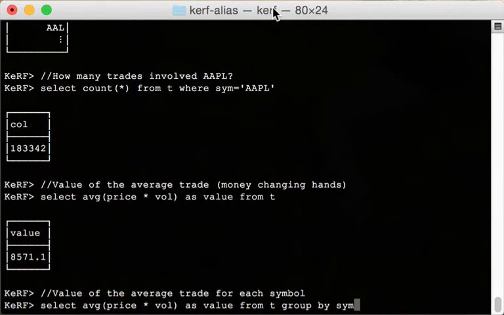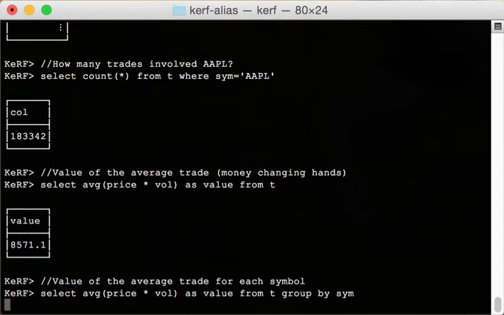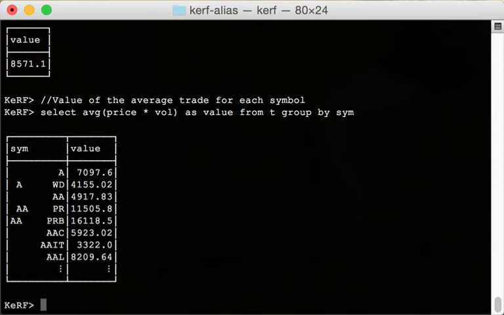So it's going to select out in subtables all of the tables corresponding to individual symbols, and then it's going to do that same operation before on them and return that result set as a single table. So let's see. We get a table back with a row for each symbol, and the values in the value column correspond to the amount of money that changed hand for each trade,